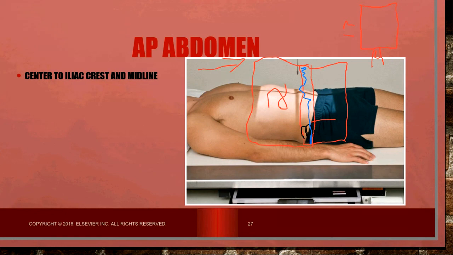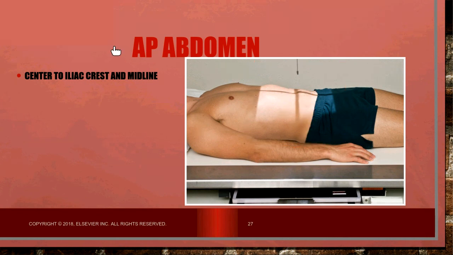Now, why do we need overlap? Basically, you're doing that to prove to the radiologist that you've captured the entire abdomen. And if it was quadrants, you would have to do the same kind of thing where you would start with one quadrant, then you'd overlap and include the lower quadrant, then you might go sideways so that you included overlap here, and then you go up and include overlap there. Anytime you're doing multiple, you want to include an overlap so that the radiologist doesn't potentially miss anything when he or she is reading the image and making sure that you captured all of the anatomy